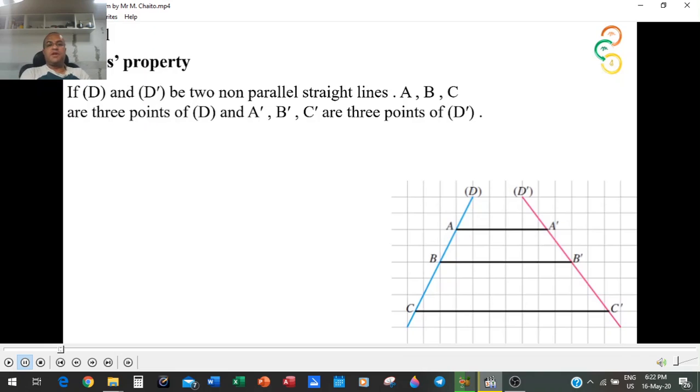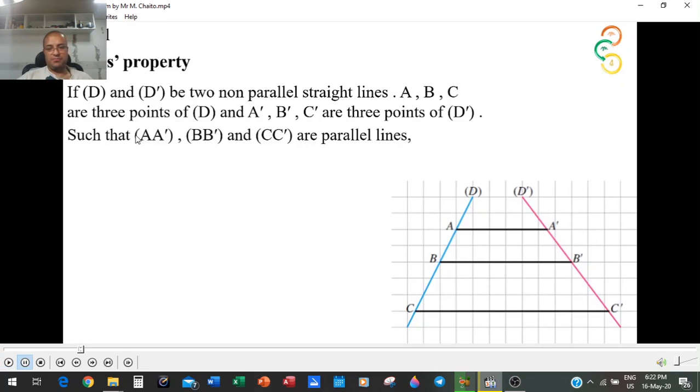This is a recall. If D and D prime are two non-parallel straight lines, A, B, C are 3 points on D, and A prime, B prime, C prime are 3 points on D prime. Then we have, as Thales property, we have AB,